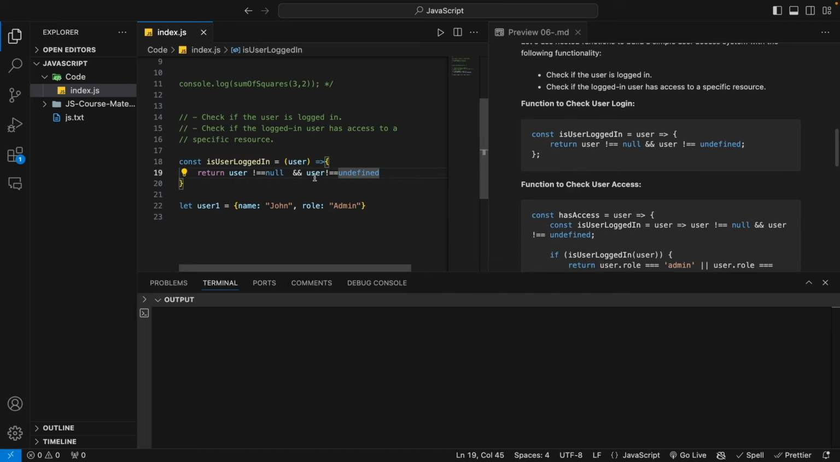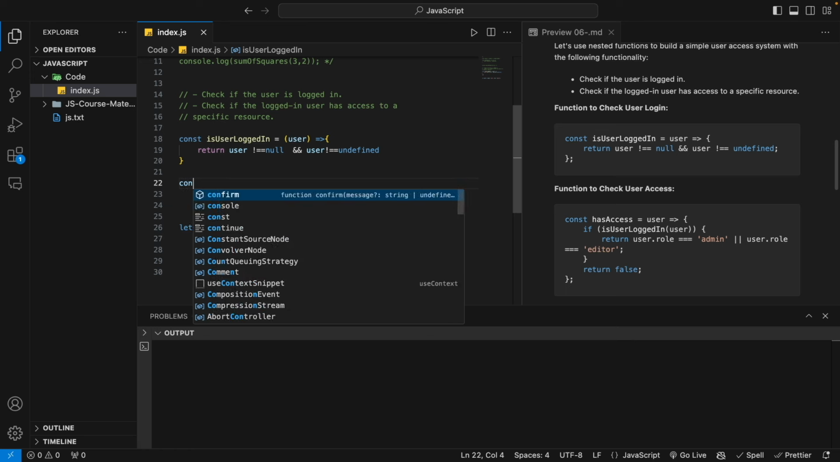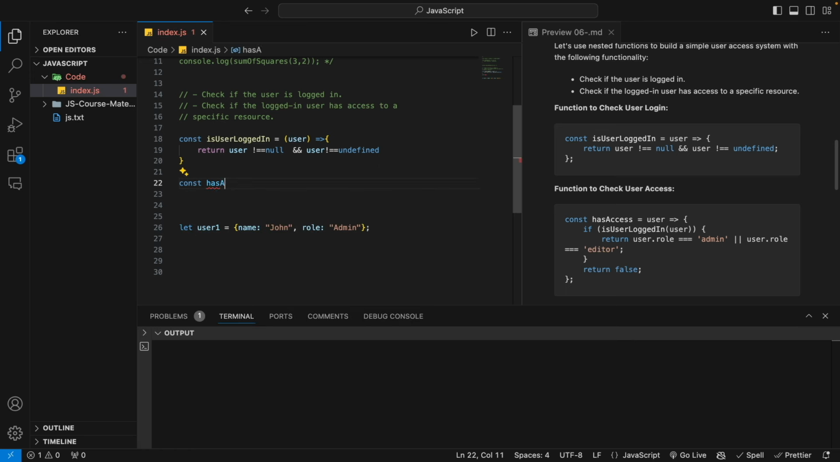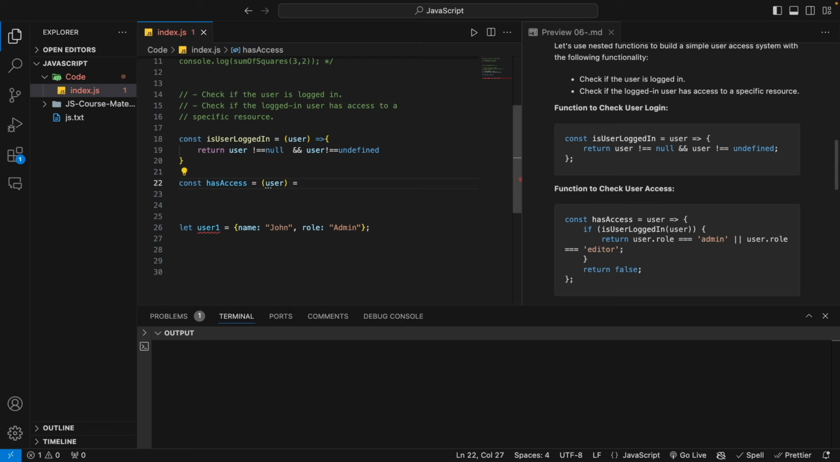So what this method is doing is checking if the user is not null and not undefined, it will say yes, the user is logged in. Now we'll create a hasAccess method to check if the logged in user has access to the specific resource or not. So const hasAccess, an arrow function. Inside parentheses, we'll give the parameter as user, then arrow, and inside curly braces we'll put our method body. First we'll check if the user is logged in, and we'll pass our user. So if the user is logged in,